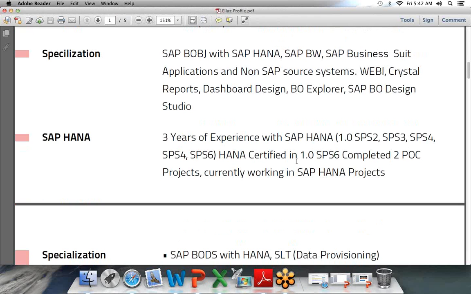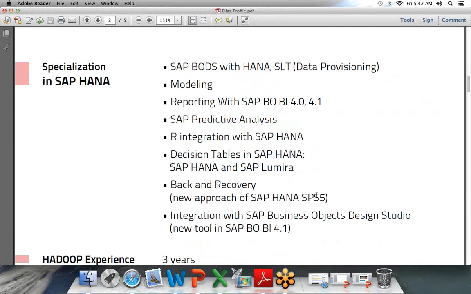Coming to my HANA experience, I have a total of 3 years of experience in SAP HANA in various service packs, including the latest one, Support Pack 7. So I'm a certified consultant in SAP HANA. So I have 3 years of working experience. And I implemented a couple of POC projects also for big 5 consulting companies. In SAP HANA, my specialization is